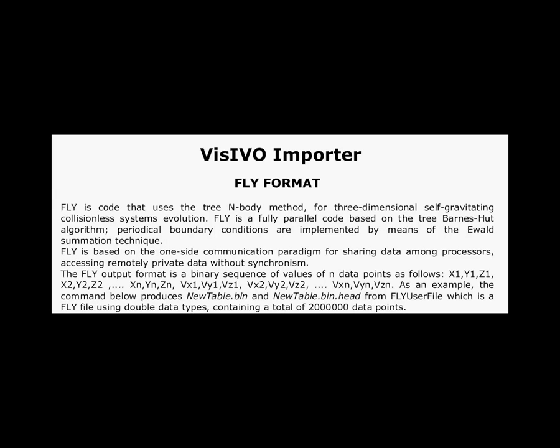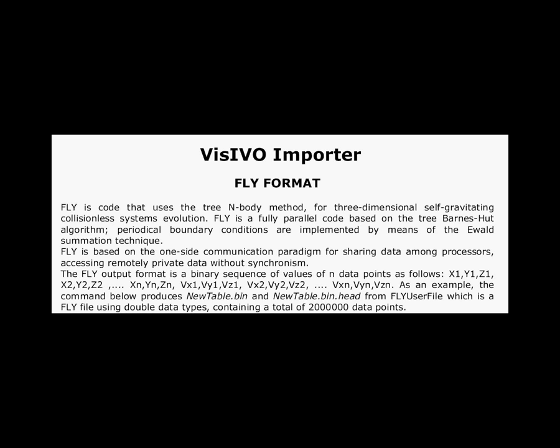VisIVO importer for fly format. Fly is a code that uses the tree-and-body method for three-dimensional self-gravitating collisionless system evolution. The fly output format is just a sequence of values of n data points as follows: points 1, x, y,